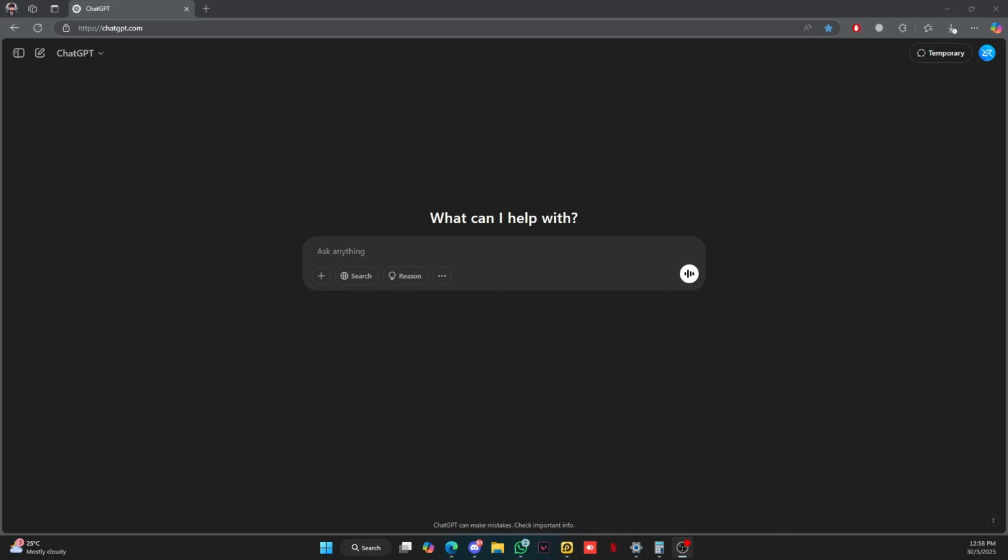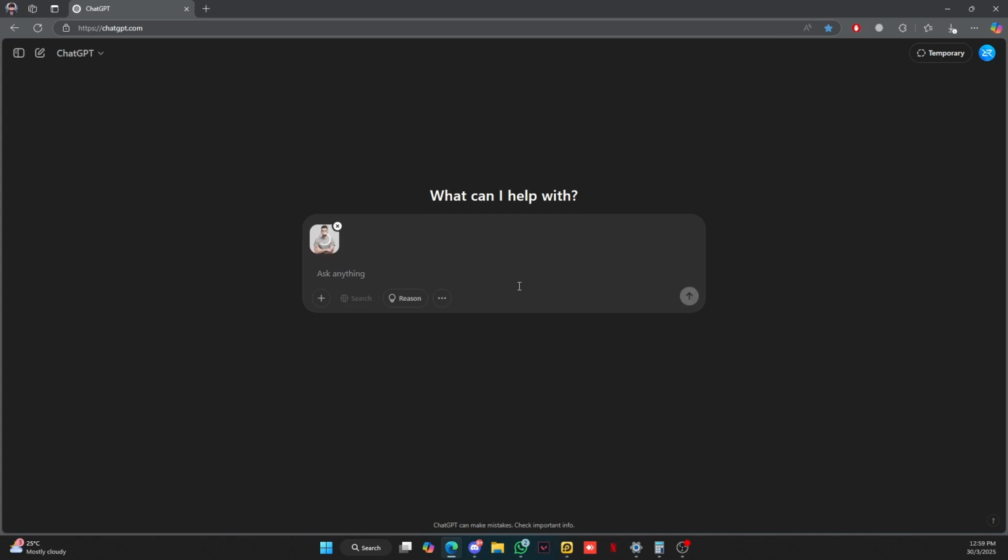Okay, so how to do a Ghibli style AI profile picture? First thing is you go to ChatGPT and then click upload files and more, upload from computer, and then choose the picture that you wish to use. So for example, I use a stock photo for this, and then just type "turn this into the Ghibli style photo", and then press enter,